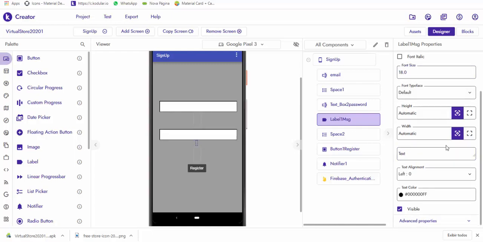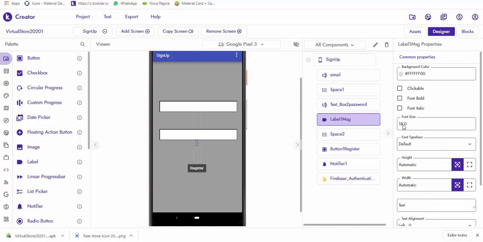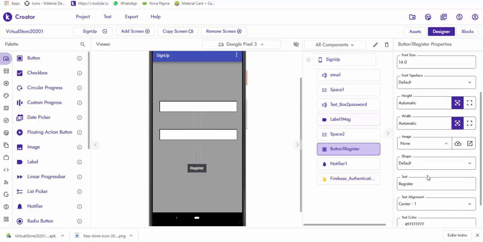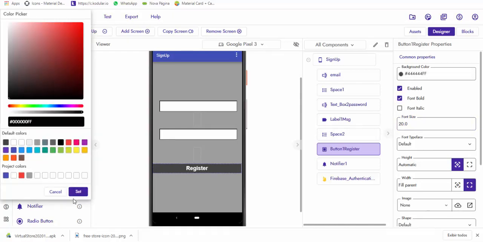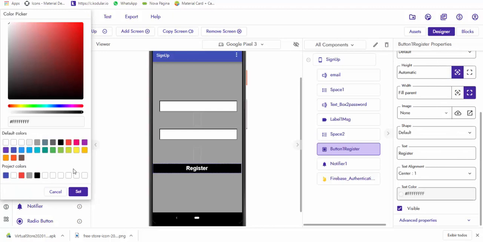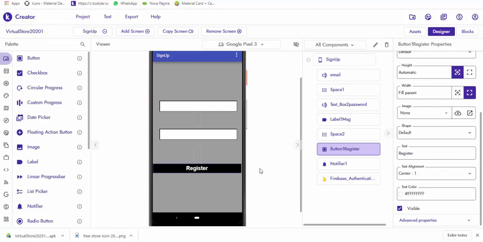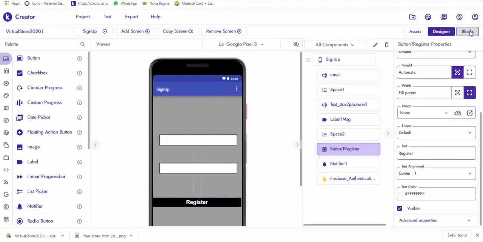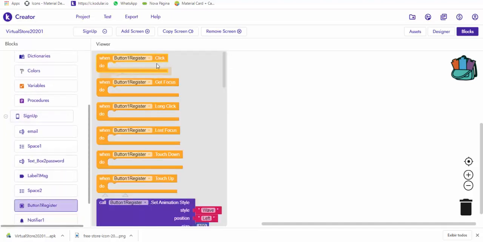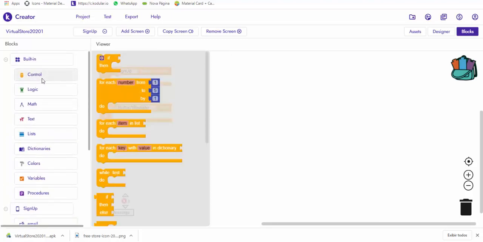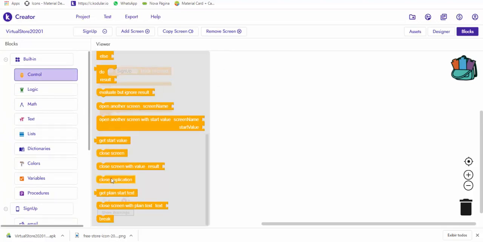I'm going to put font size as 18, and here the register fill parent, font bold, font size 20, background black, and the text color white. Now we're going to go to the blocks part. First thing is back pressed, second is the button register. So control here, close screen,